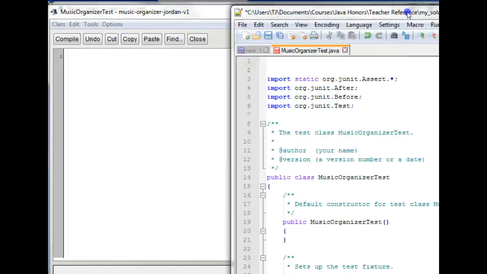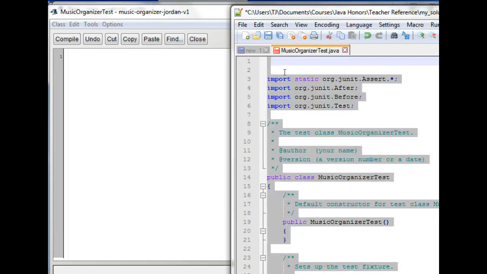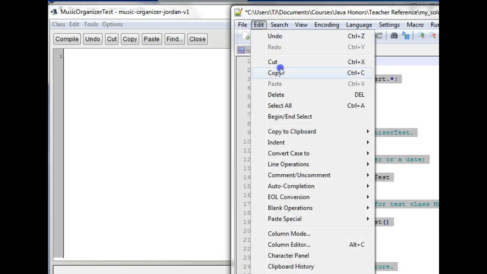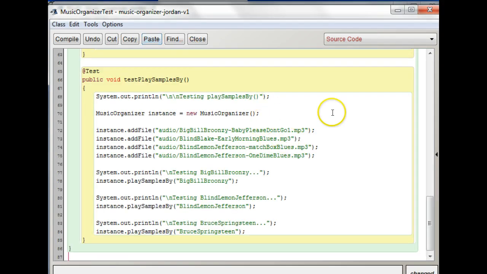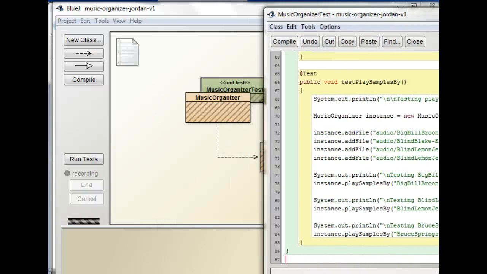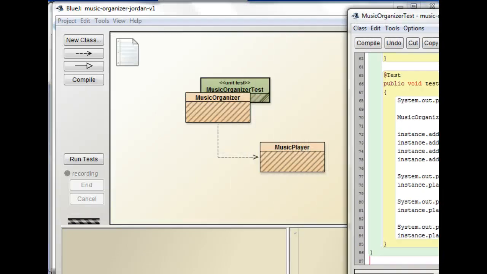And these .java files you can open up with any text editor. So I'm using Notepad++. You could use TextEdit on a Mac, or anything that'll edit text. Let's copy that and paste it in here. Okay, so now you have it in here. This isn't going to quite compile as it is, and